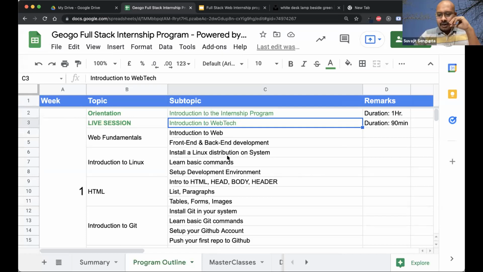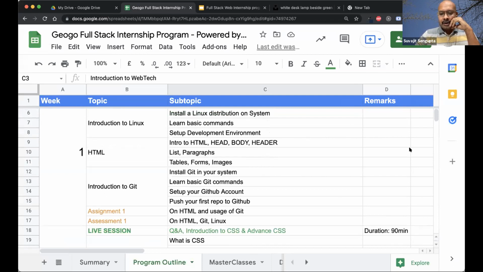Okay, great. Next question is from Abhishek Shukla: please provide the syllabus doc link. It is already shared on the Discord group and also on this chat. I have done it, but please find it from there.